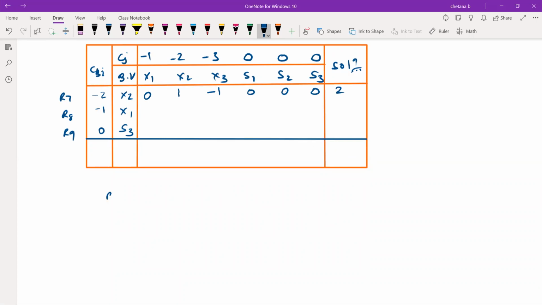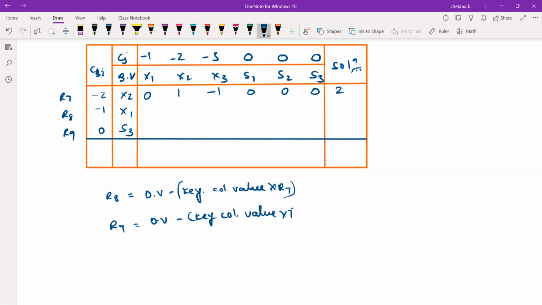For R8 and R9, you need to apply this equation: old value minus key column value into R7. By doing that, you will get all these values: 1, 0, 0,